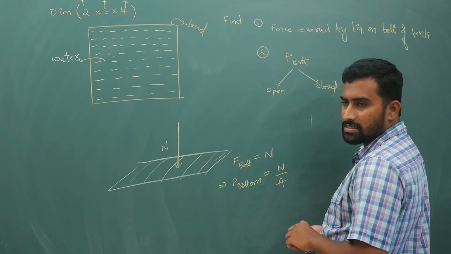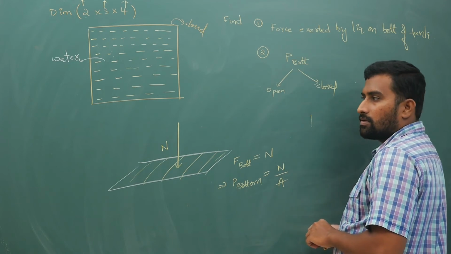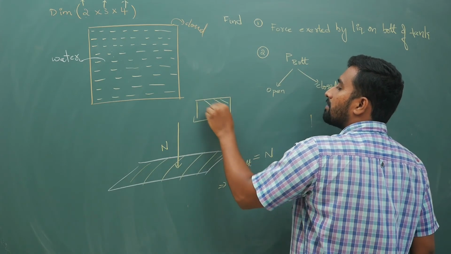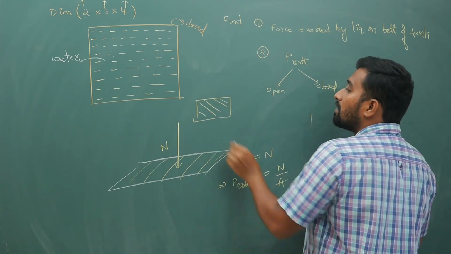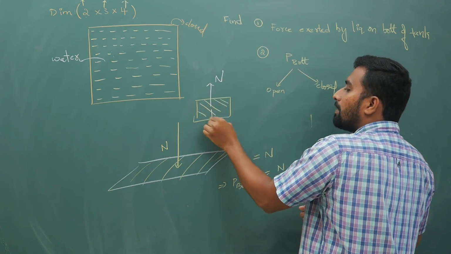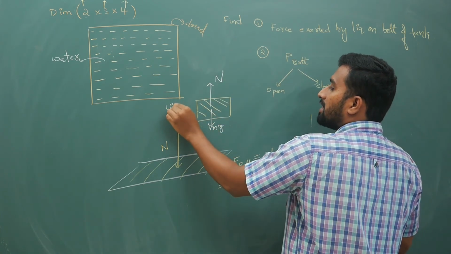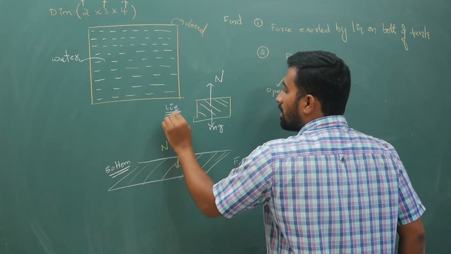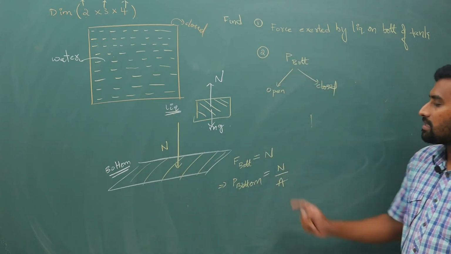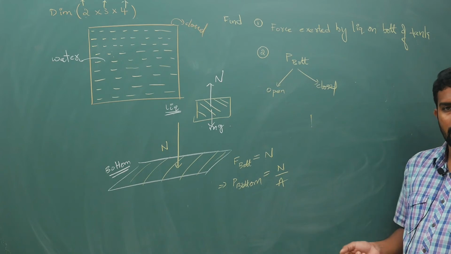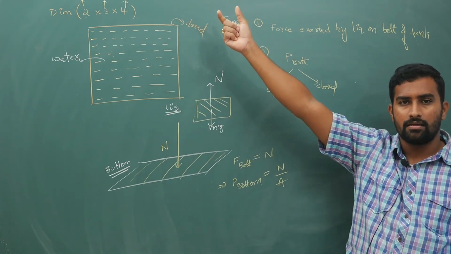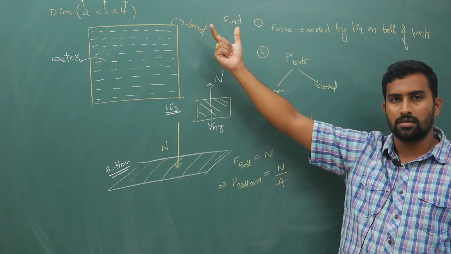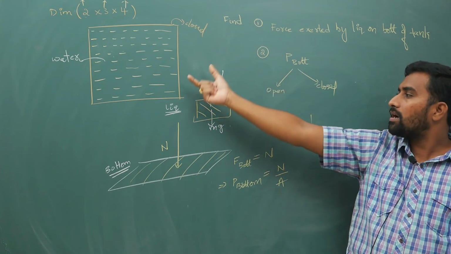But this normal reaction is, if you take the liquid, I am trying to draw a free body diagram. On this liquid, the bottom applies N, and the liquid applies its own weight mg. This is the FBD of the liquid, this is the FBD of the bottom part. Why am I doing it in this pattern? Why am I not writing directly mg by A? Probably if this system is accelerating, when the system is kept in a lift or this tank is going upwards, then what happens? You cannot write mg by A.